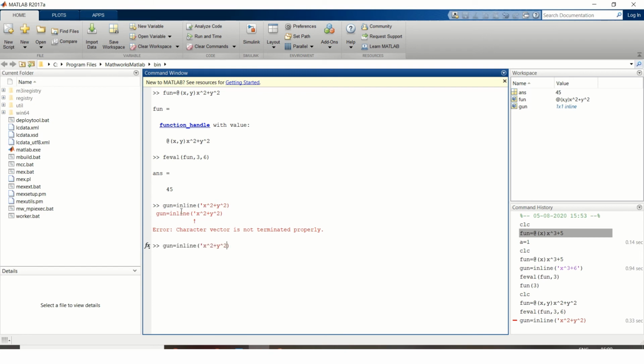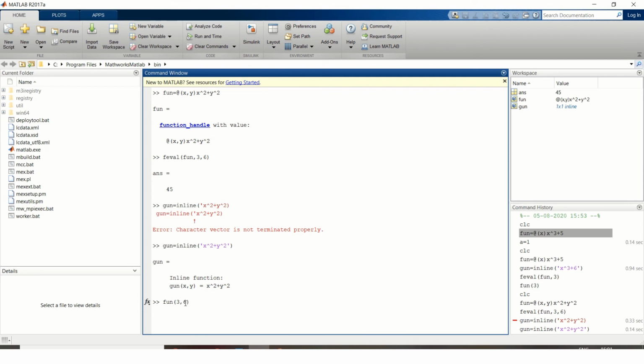Then, based on the sequence of variables entered in your equation, you have to provide the values of them too. So it becomes 3 comma 6.